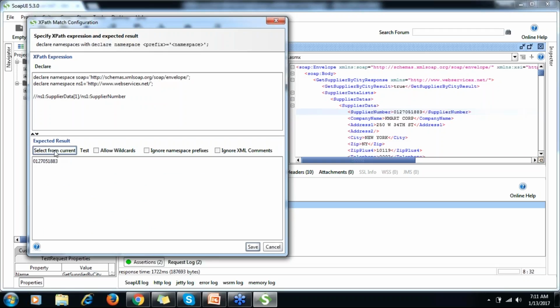Yes, of course I can. Even suppose I want the fifth supplier data number, I can get it from the fifth supplier data. So in this way I can write various XPath to validate based on your requirement.